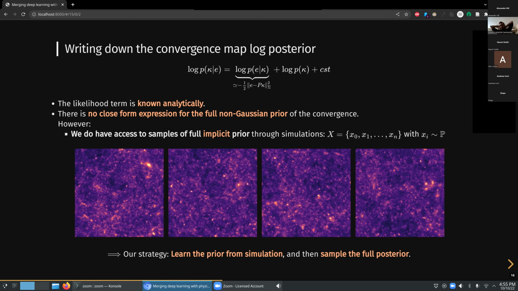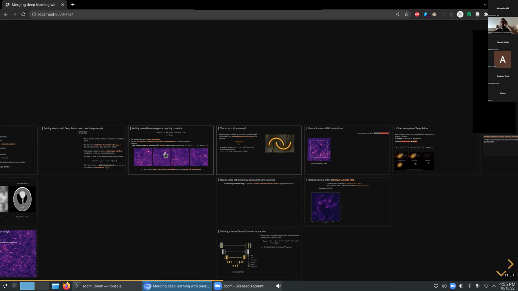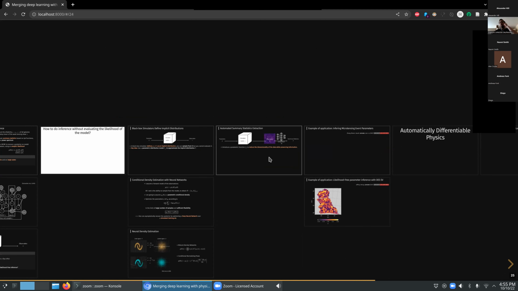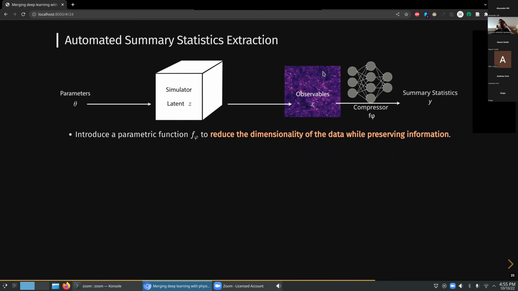And that's actually one of the biggest challenges that we'll face with trying to use deep learning for analyzing data. So I have a section on this, which would be for another day, I guess, which is essentially trying to analyze, let's say, the full sky by feeding it to a neural network and asking the neural network to output some summary statistics that are informative about the cosmology. And so in this approach, you take a network, you apply it to your data, and you take the output of the network as your statistics that you want to do inference with. But this network in the middle is a big black box.